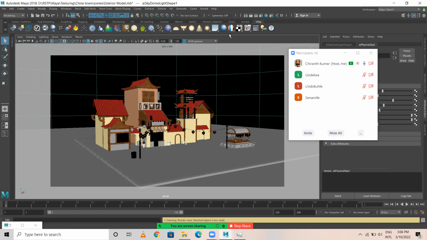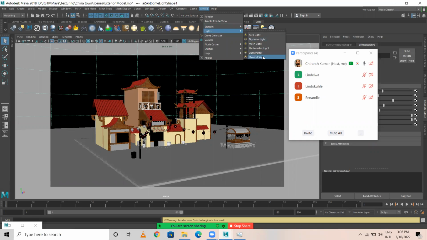Just go with these lighting only. I want you to work on physical sky.